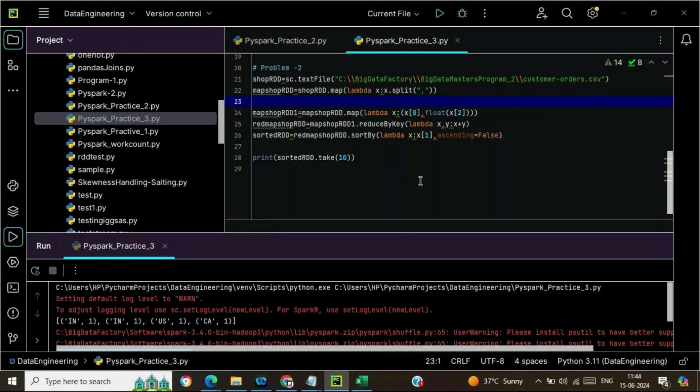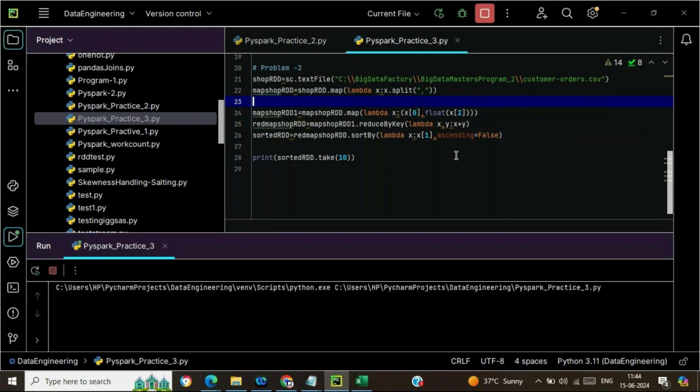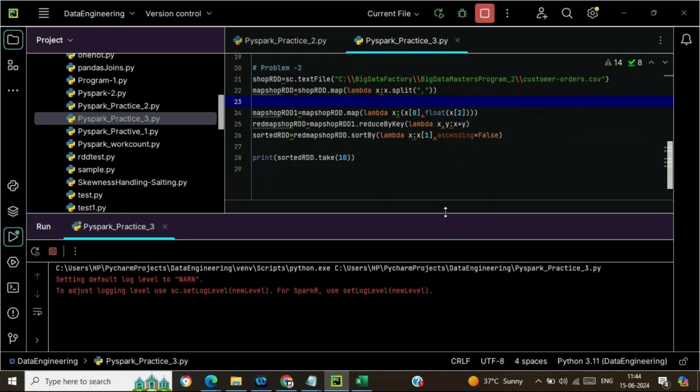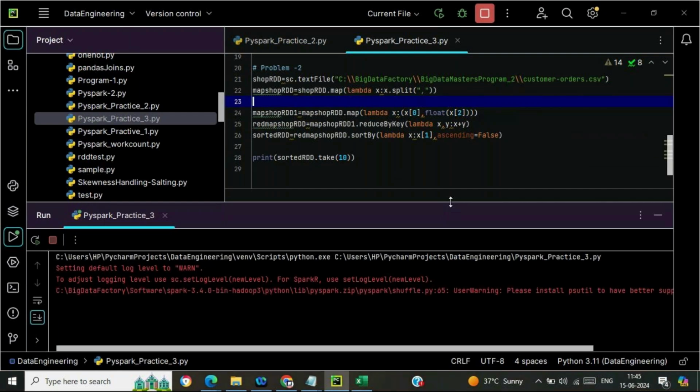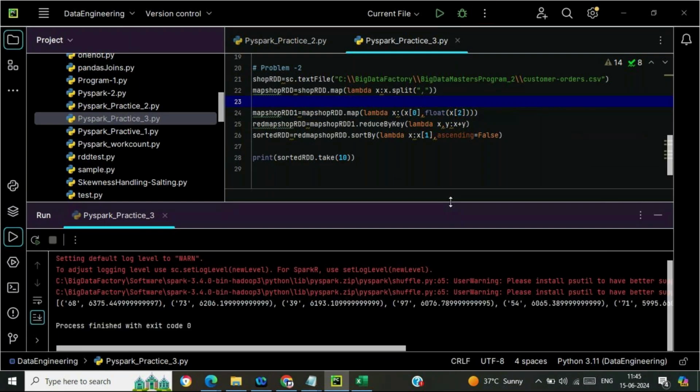In the fifth line, I sort with the sortBy function on the total amount, x[1], with ascending set to false. It means descending, so the top spending customer will be on top. Then I collect the top 10 through take(10).